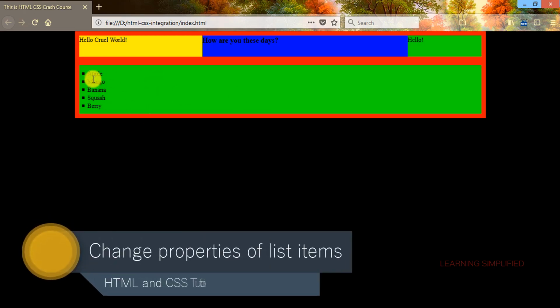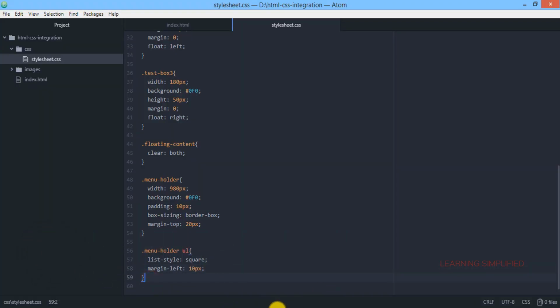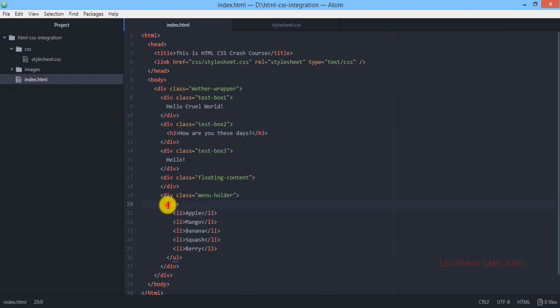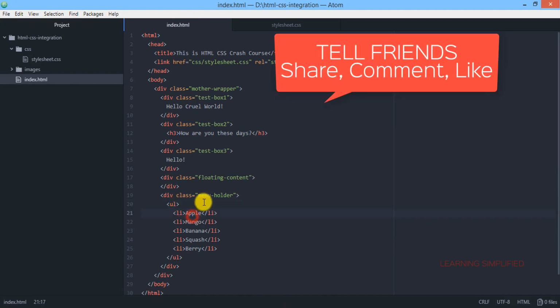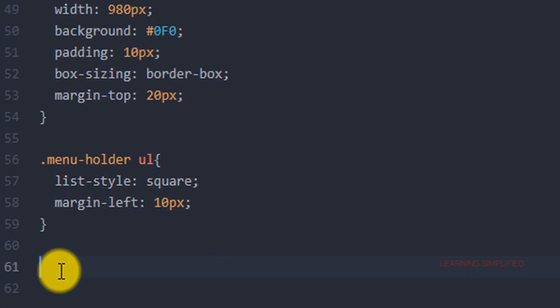Now let's adjust the background color and the spacing between each list item. So we are now getting back to our project, and as we have mentioned, these list items, apple, mango, banana, etc., are within this particular unordered list which is inside this menu holder selector name. So that is why we will be getting back to our project and we will be customizing